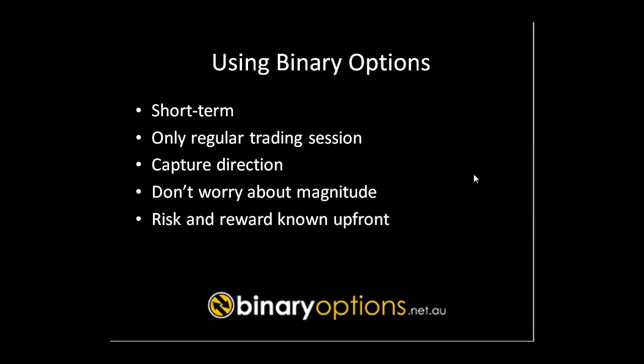Typically, the biggest move does come on the announcement, but this is again why we like to use binary options. Because with binary options, you just need to get the direction right. You don't have to worry about the magnitude of the move. You don't need to capture that big move in order to make big money. You just need to pick the right direction for the stock to move once the market opens. You know your risk and your payout before you get into the trade. There's no mystery.